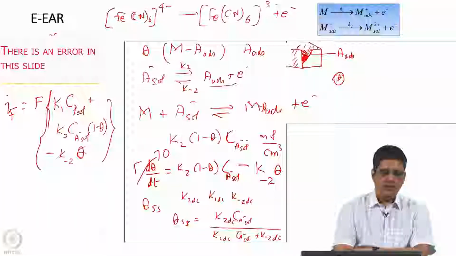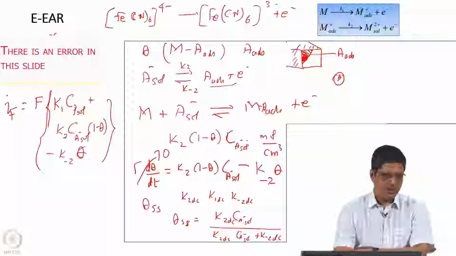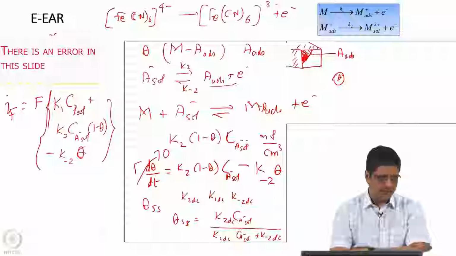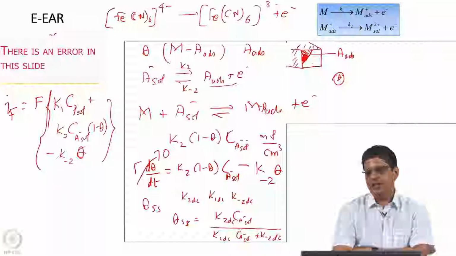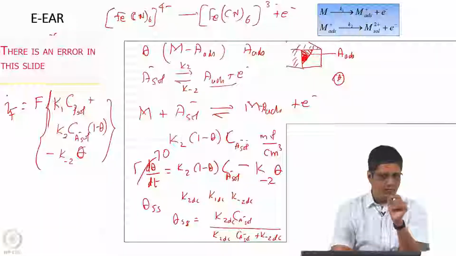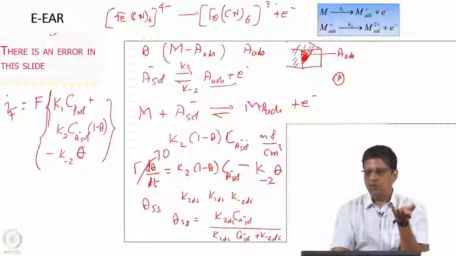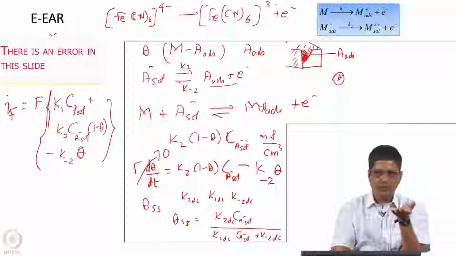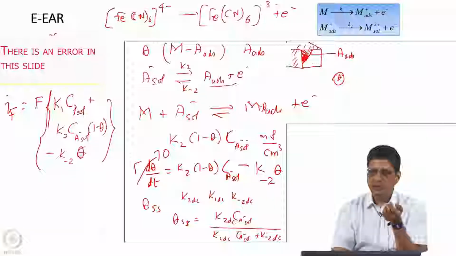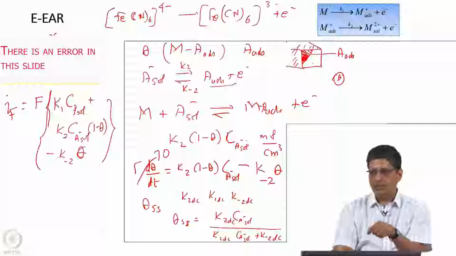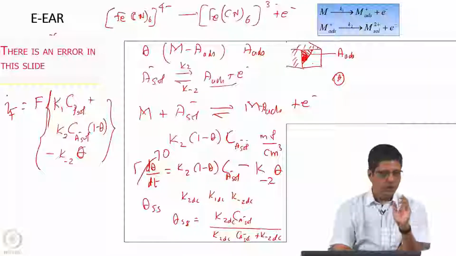When you practice, when you are given a new mechanism, first thing you do is to write the mass balance, then charge balance, and write the steady state expression for the surface coverage. You can write the steady state value for the Faraday current, that will give you the polarization curve. That is, if you go to a potential and wait there, or if you scan it at a very slow rate. What is a slow rate? That depends on the system, but if you go at 1 millivolt per second, half millivolt per second, 2 millivolts per second, many times you will not see any difference between those data, then you would say these are okay. The contribution from double layer charging is negligible and pretty much everything happens because of the reaction. Then you would get a polarization curve.